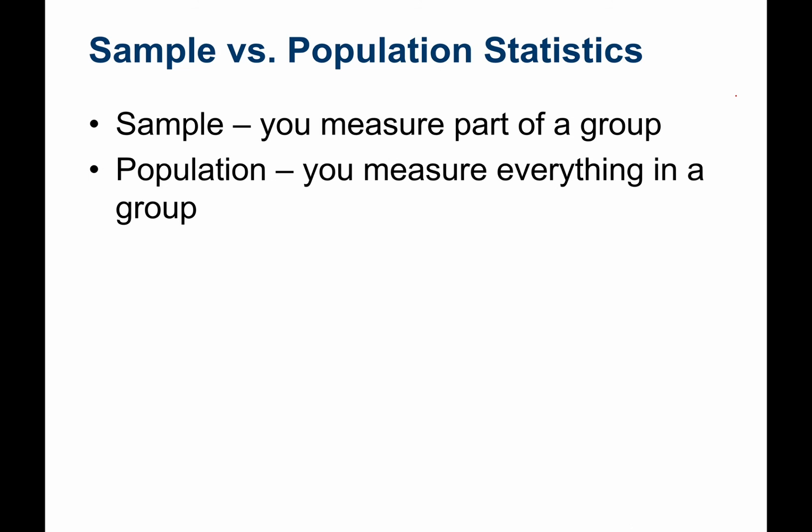The final thing we're going to think about today is how do we gather our statistics. Sometimes we're able to measure every single thing in a group. Sometimes you're stuck with just measuring part of a group. When you measure part of a group, we call that a sample. When you measure everything in a group, we call that a population. For example,